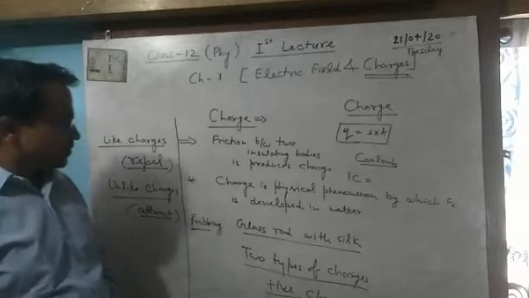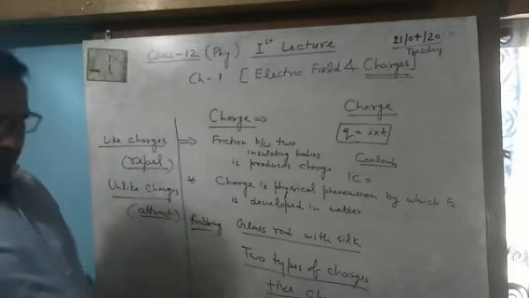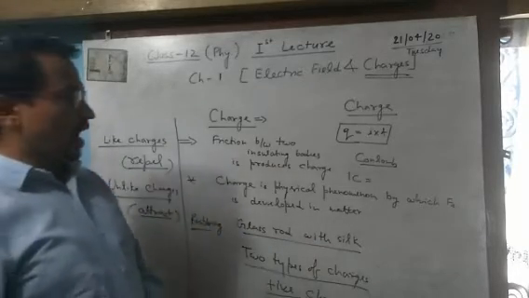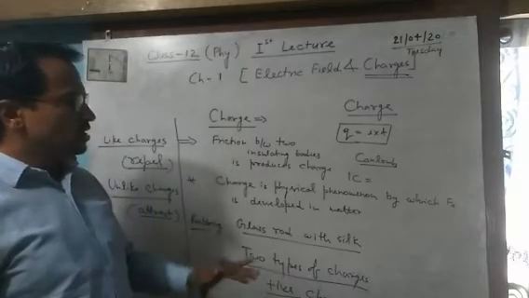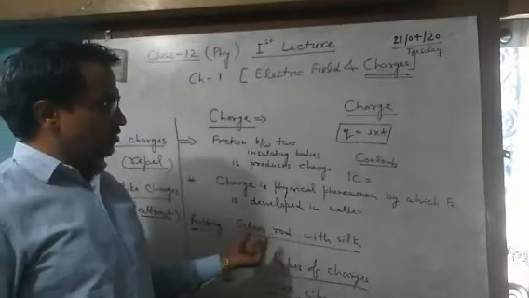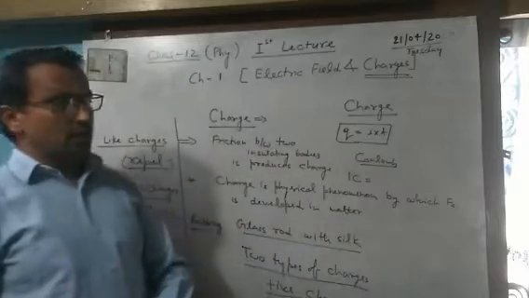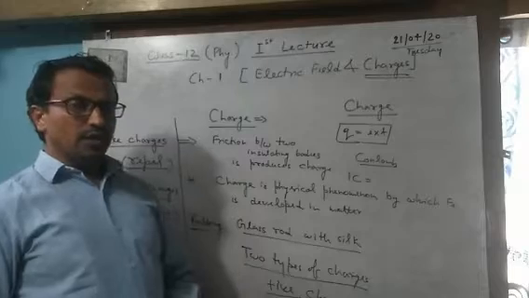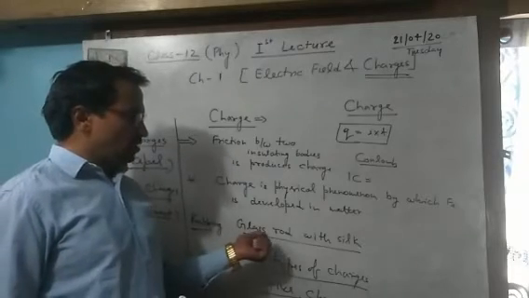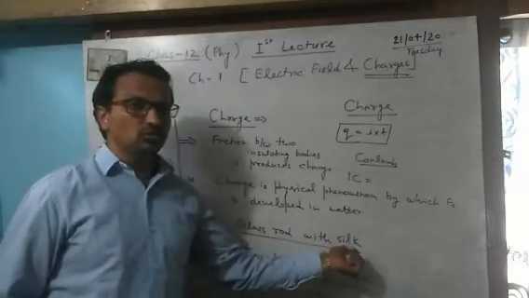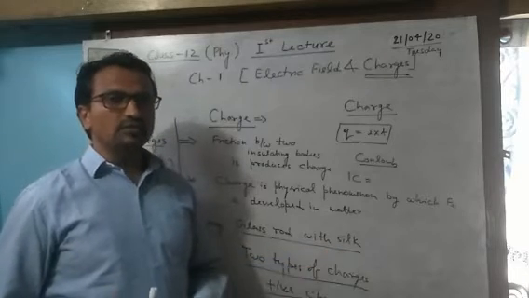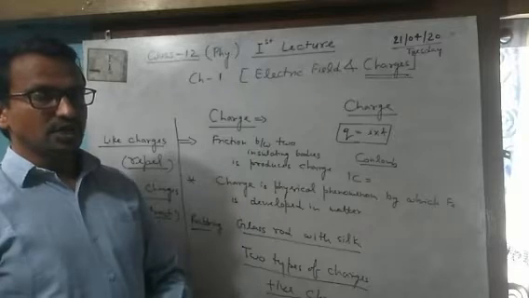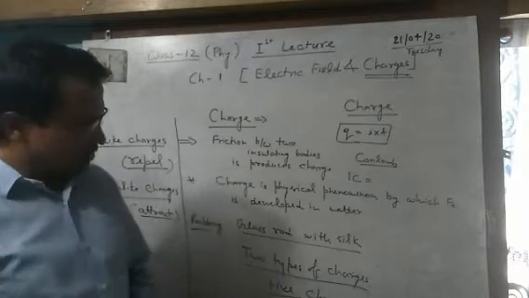Like this, when we rub a glass rod with silk cloth, after rubbing, glass rod has one type of charge and silk cloth another type of charge. After rubbing, if we touch the charged rod with silk cloth, then that charge disappears. This means